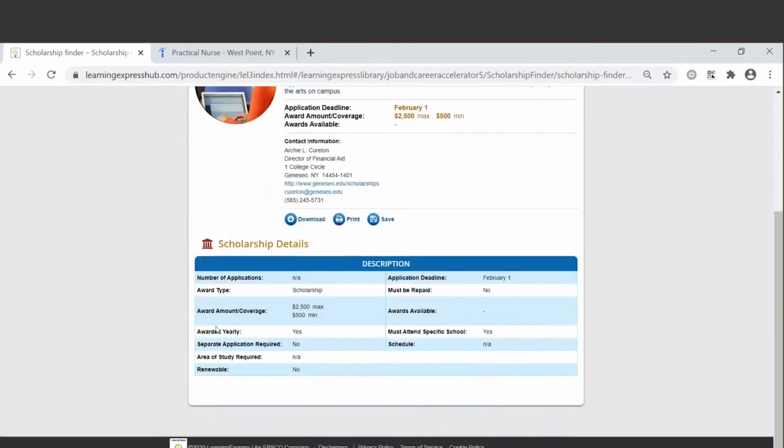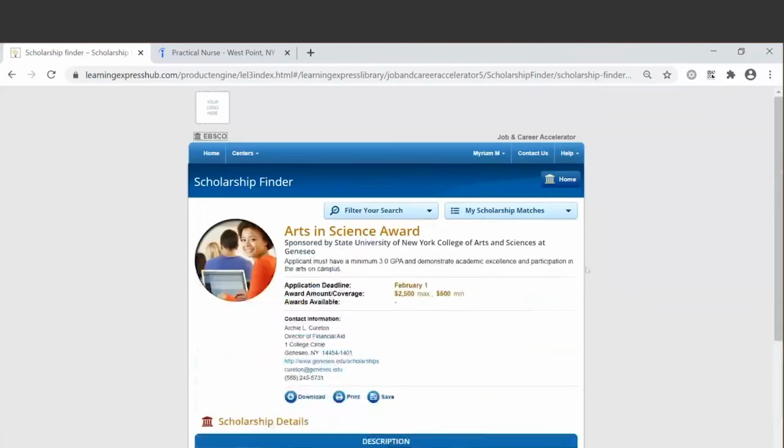You'll also see a description, so it details the scholarship. So the type of scholarship, whether it must be repaid, whether it is renewable also. So you'll get all of that information. Users can download this information. They can also print and save it. So let's go back to our search.